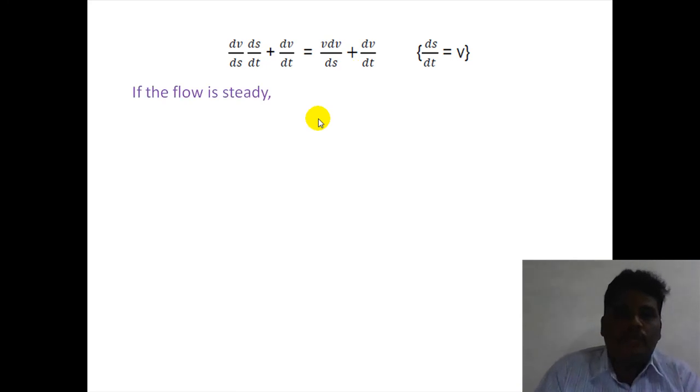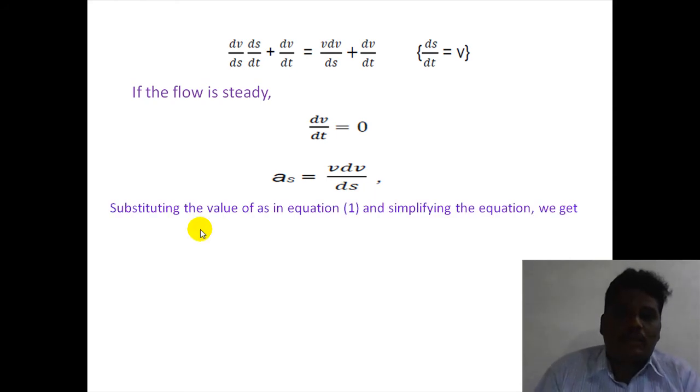Now, for a steady flow, dV by dt is equal to 0. For a steady flow, dV by dt is equal to 0. So acceleration a_s is equal to, the remaining thing, V into dV divided by ds. Substituting the values of equation 1 and simplifying the equation, we get